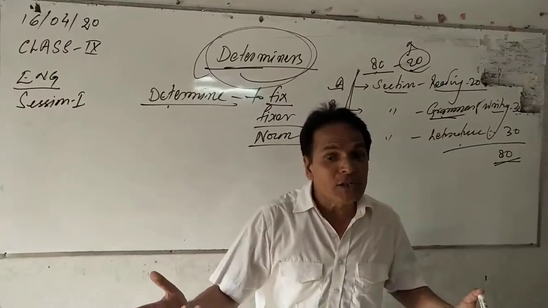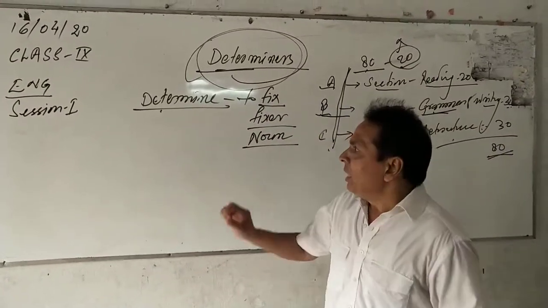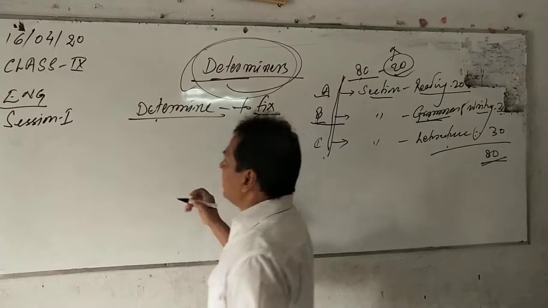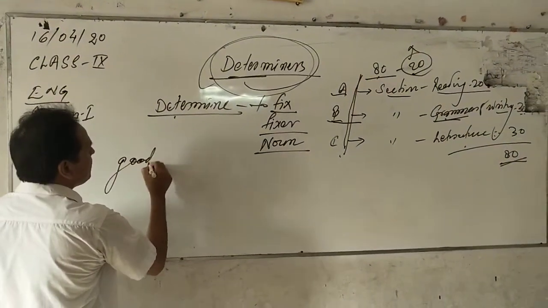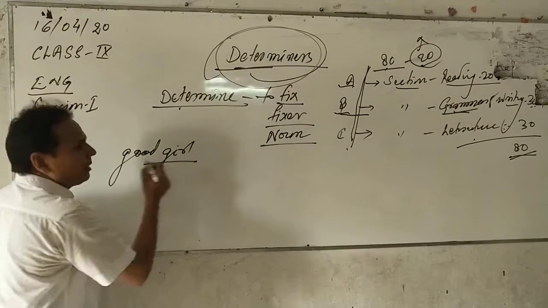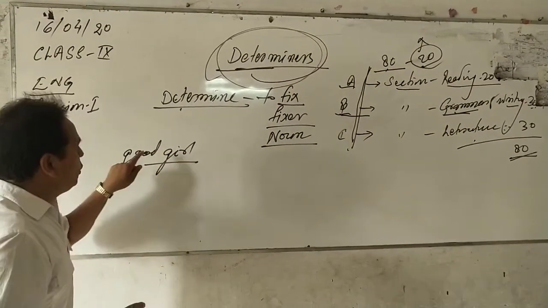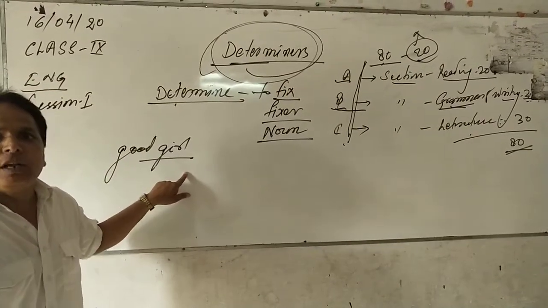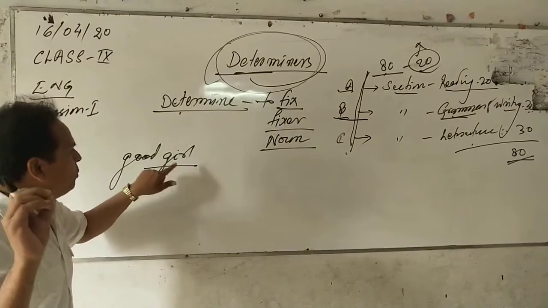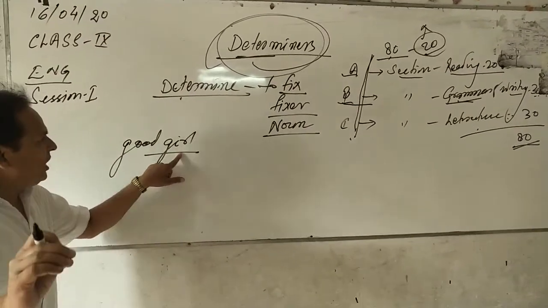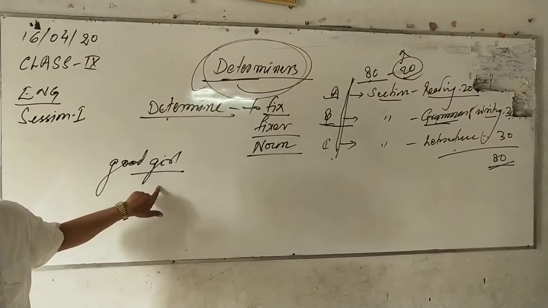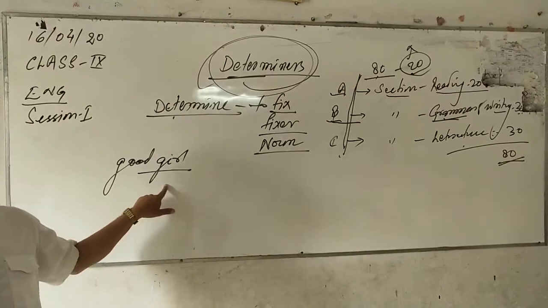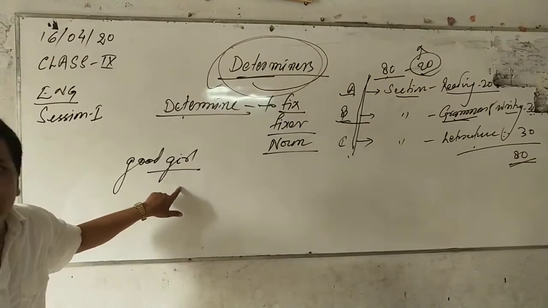Then what does an adjective do? We have to contrast. An adjective qualifies the noun, but a determiner fixes the noun. For example, if I say good girl, here the girl is good, but we cannot fix how good that girl is. How much good? We don't have any instrument, scale, or method to measure the goodness of a girl. We cannot say the girl is good 10%, 10 liters, 10 centimeters, 10 Kelvin, 10 Fahrenheit. We don't have any such instrument to say how good that girl is.